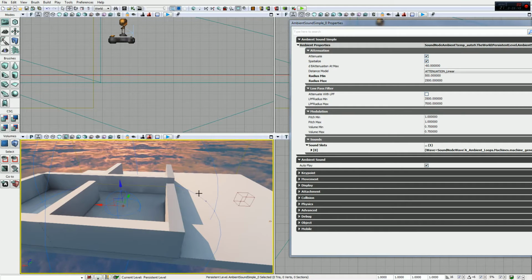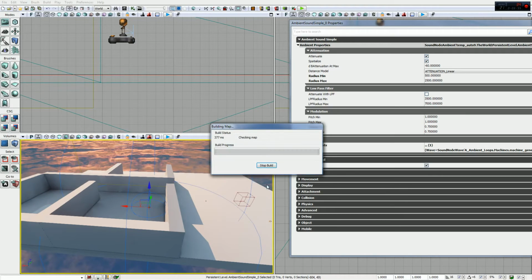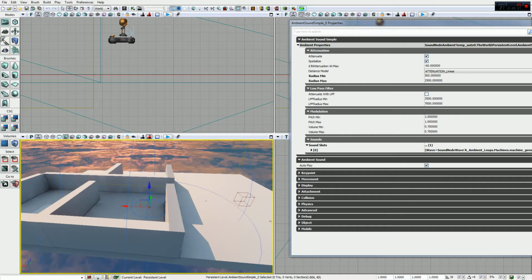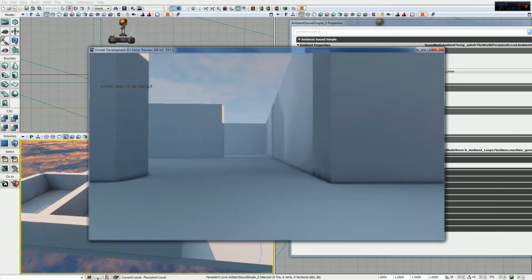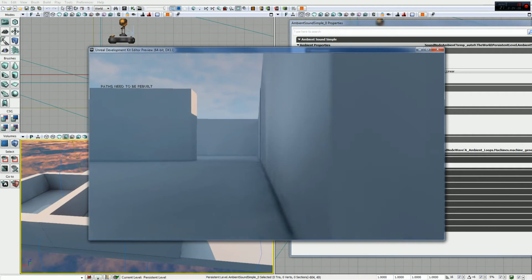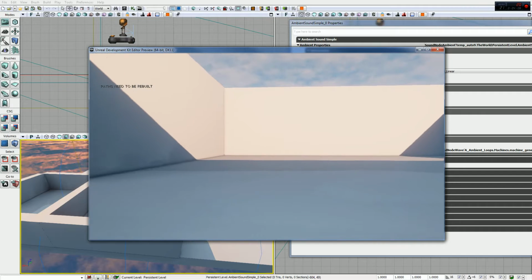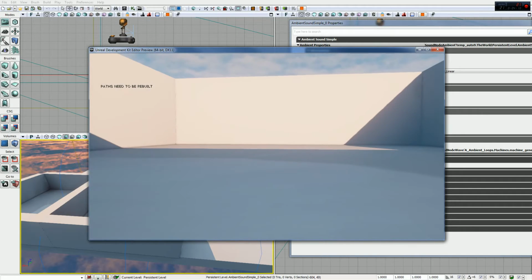It goes all the way into here. So they are overlapping. In fact, I'll bring this out a little bit over here, redo this, and then hop back in here just so you can verify. Can barely hear the generator at all. Now, if I were to walk over here, actually,